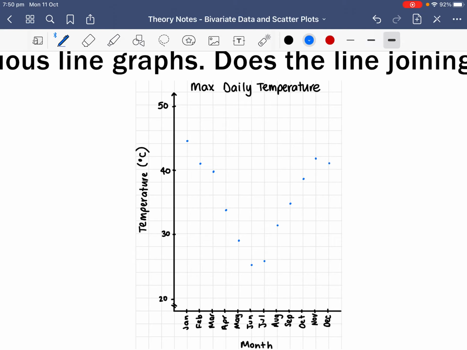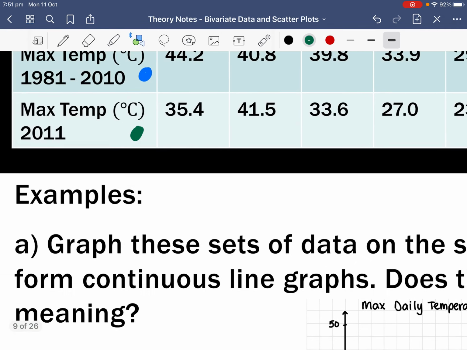40.9. So now what we want to do is we want to join these dots using a straight line. I'm just going to make the dots a little bit more prominent. And we want to join the dots using straight lines. So we're doing like a connect, like a dot to dot, really. Like so. Now we want to do the exact same for the maximum temperature in 2011, which we're doing in